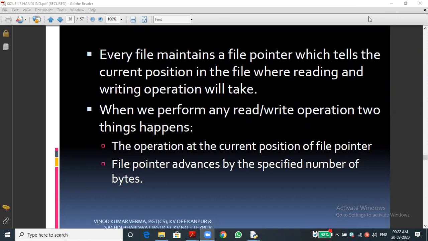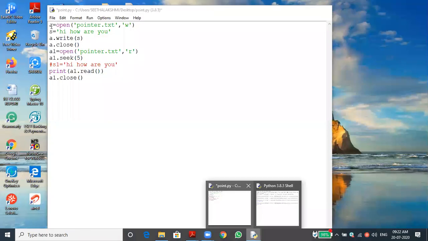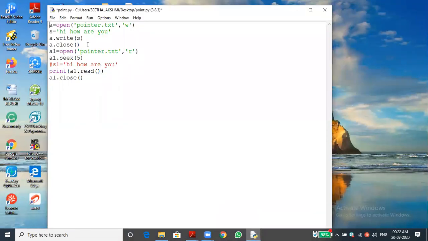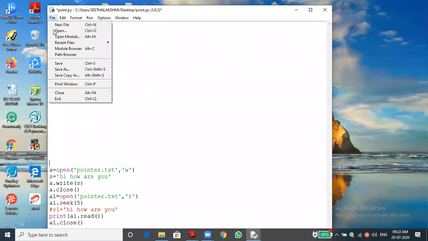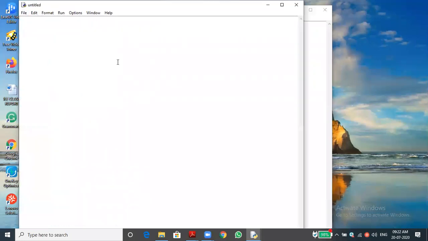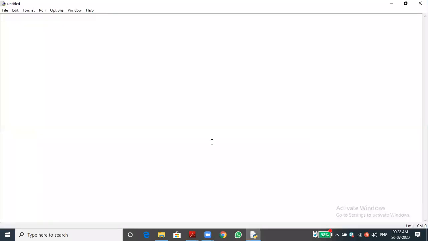Okay, let me show one example program to you. I already have one file open, so I will close that and create a new file. This is in order to understand the pointer. For example, we are going to open a new file.